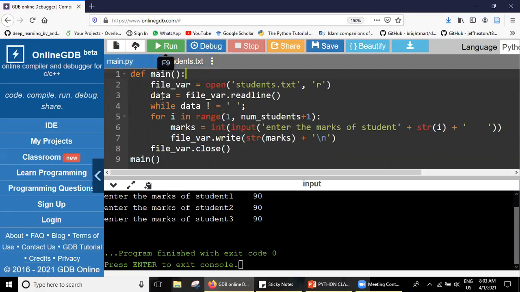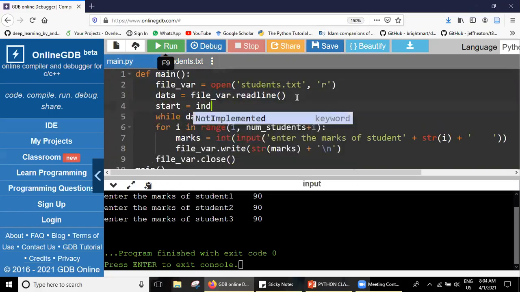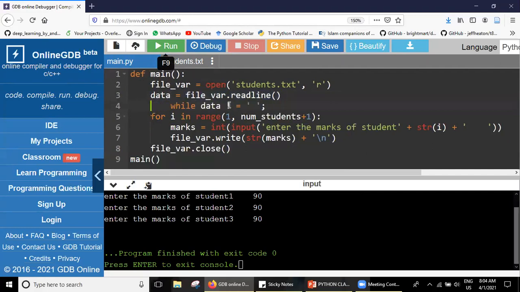The first data is like an index, right? It's the start. Are you getting my point? I read the first line, which is the start of the loop. And with that start of the loop, what I am doing is saying end the loop when you see a space.